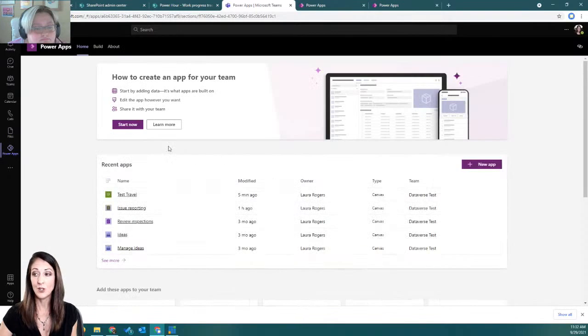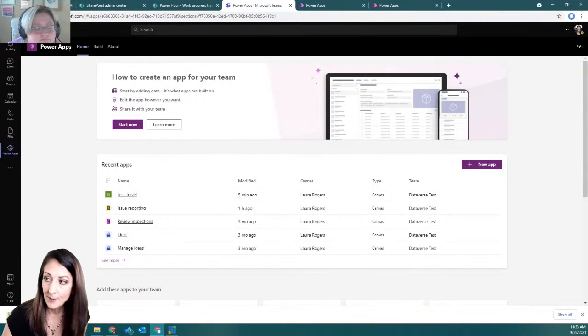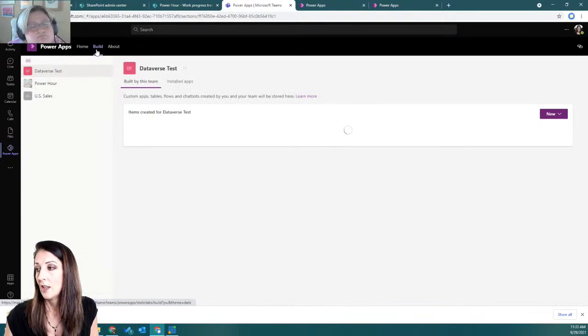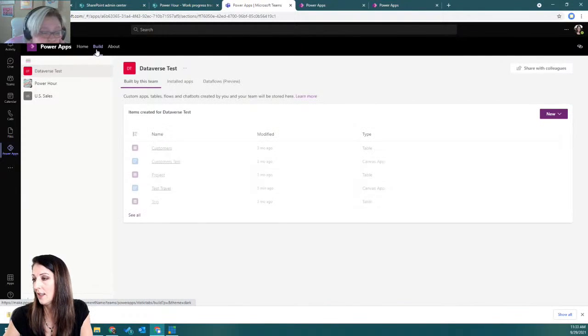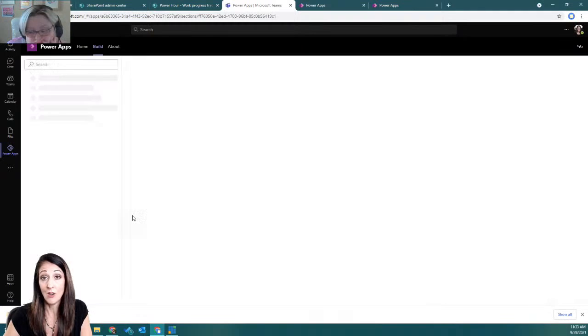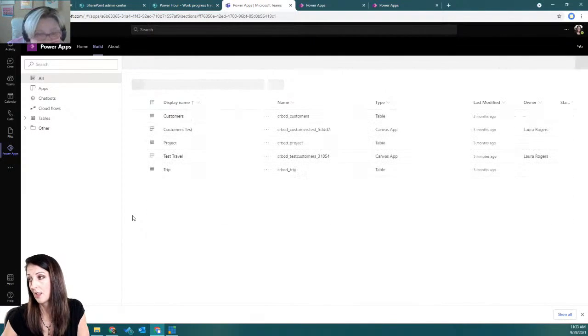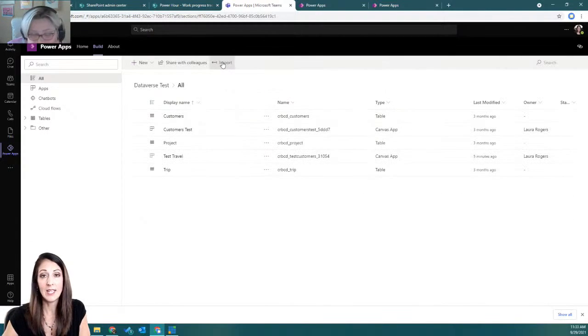So the one that I just showed you, I had just created from scratch from inside of Teams. And it already has the integration object. But if I go to the Build tab here and I go to See All, this is where I can import a Canvas app that I've already pre-created just directly from the main Power Apps